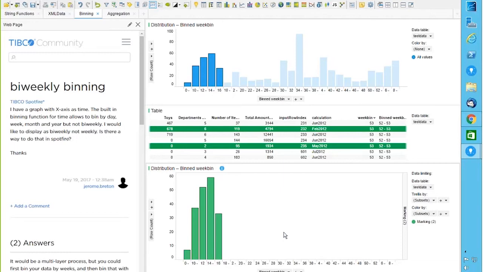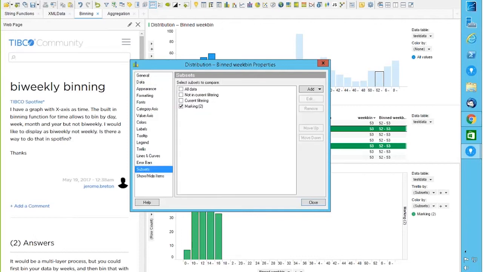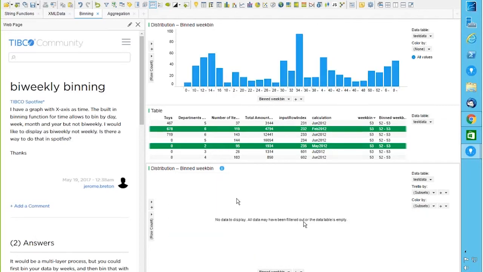It's like you are on the same branch and you are cutting the same branch, because it would be better that you have some kind of parent visualization. In this case, there's nothing which stops me from saying that this one should use the same marking. Say, for example, I don't limit it by this. I use the marking 2, and let me see the subsets. I have marking 2. So if I mark this, I would see only those 2. But then there will be no way for me to mark this data, because this data is not there, and suddenly I will end up in this situation where I don't have anything to mark. And since I'm using the same visualization for marking, I'm not able to mark it because